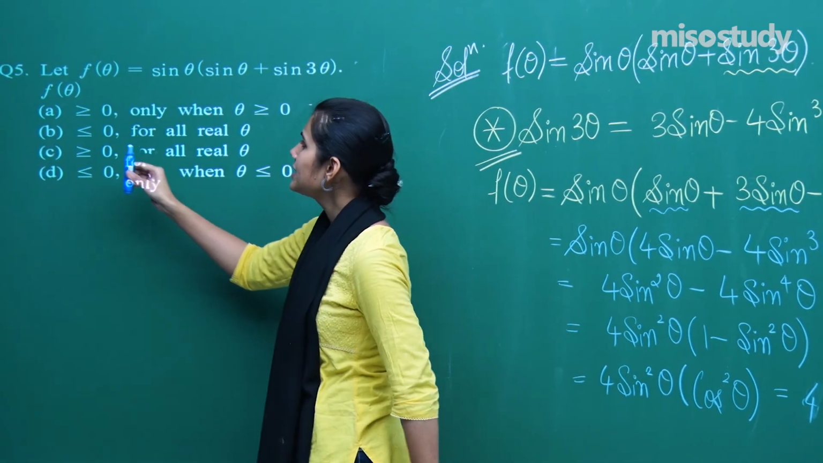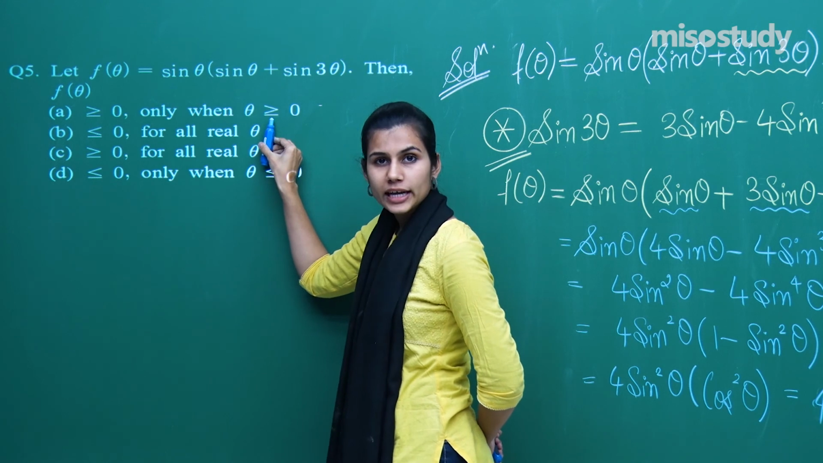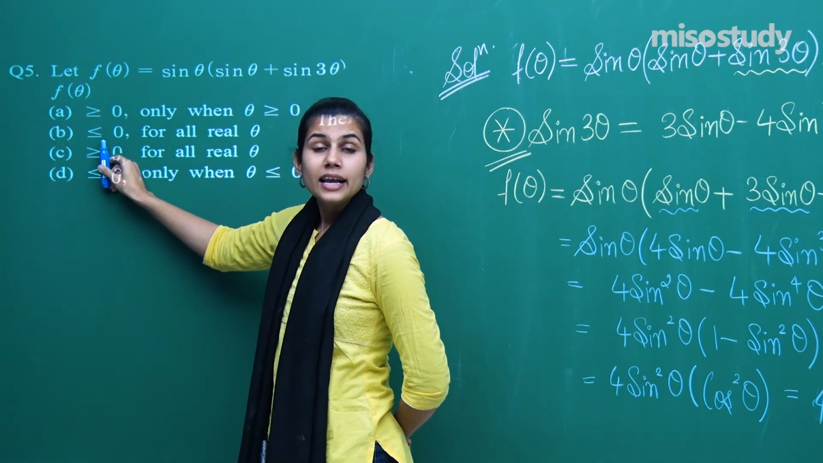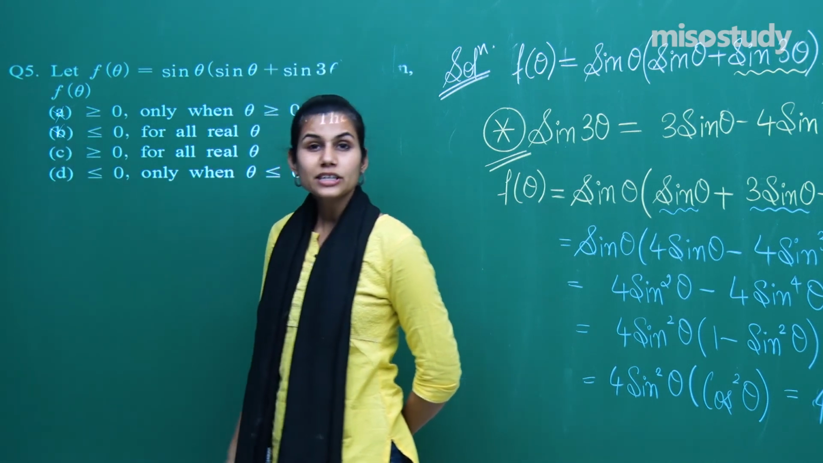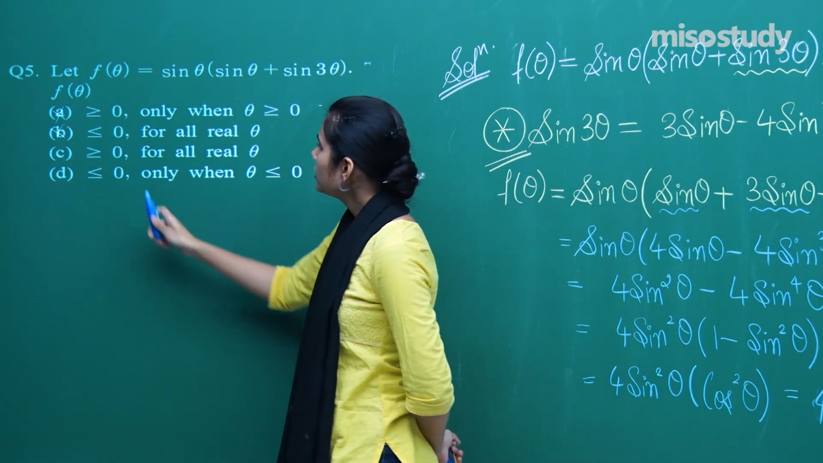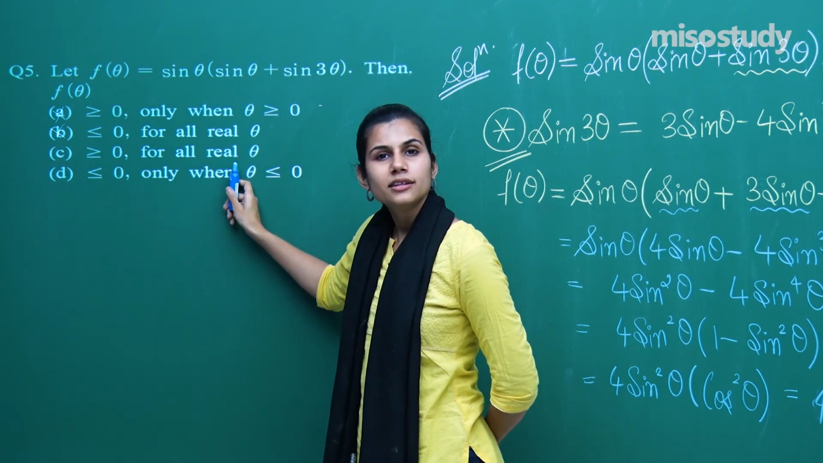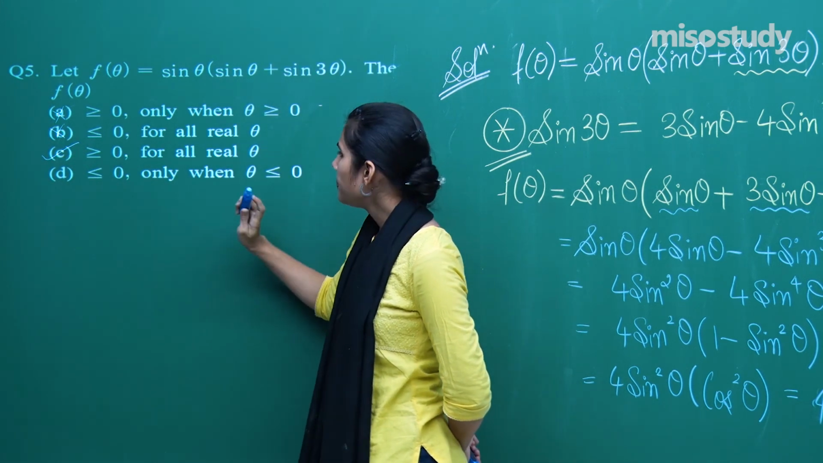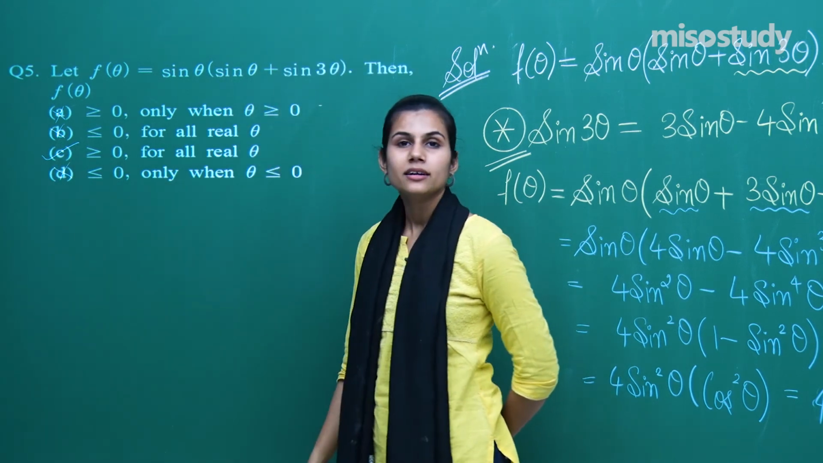The first one says that f of theta is non-negative only when theta is non-negative. That's not true. F of theta is less than equal to 0. That is absolutely wrong. I am getting greater than equal to 0. Third one says yes, it is greater than equal to 0 for every real theta. That is what is correct, and D is again wrong because it is dealing with f theta being less than